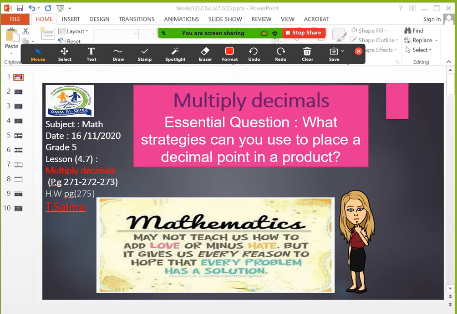So I think last week we talked about how to multiply decimals in many ways. Today we will talk about also multiplication between decimal numbers. Also we have more than one way to multiply decimals. So what strategy will I use to place the decimal point? This is the most important thing in multiplication between decimals, where I have to place the decimal point in the answer, which is the product. Okay,